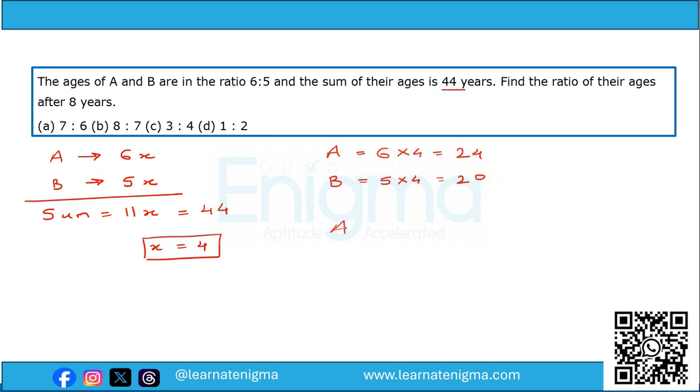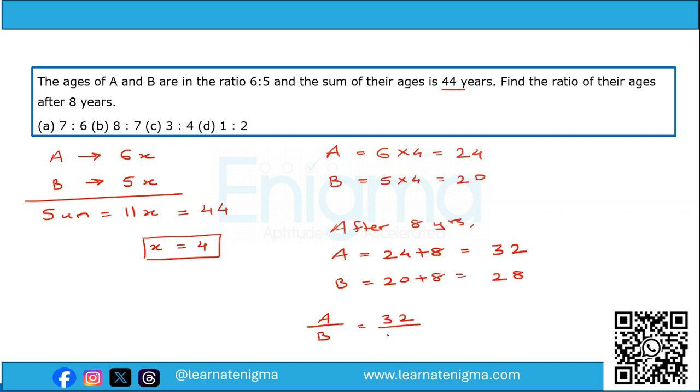Now after 8 years, A's age will become 24 plus 8, that is 32, and B's age will become 20 plus 8, that is 28. Now we want this ratio, so A to B after 8 years, that comes out to be 32 upon